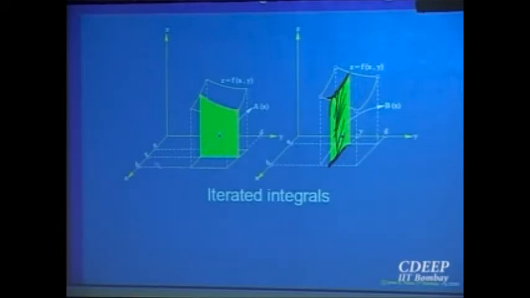Similarly, for this one, you fix x, so you are varying only y here. This is the graph of the function. Below that, the area. So you integrated out the variable y, from c to d, and this was your a to b in x when you integrate out those things. And then integrate that out to get everything else. Clear? Geometrically also it is very clear to everybody.